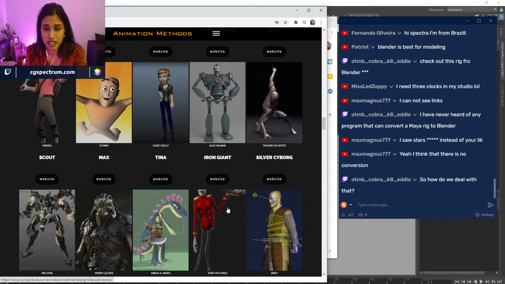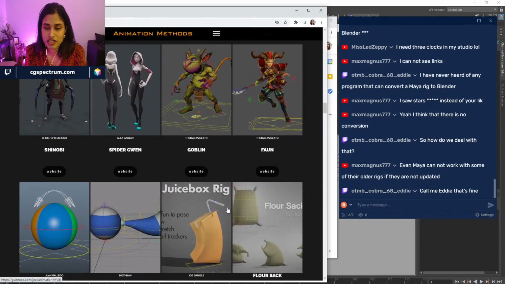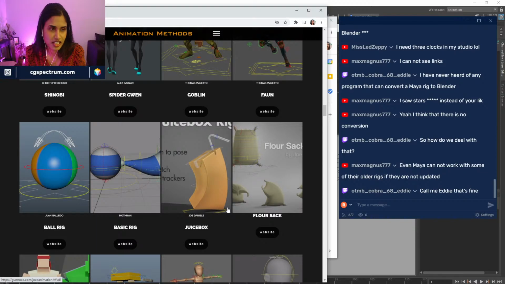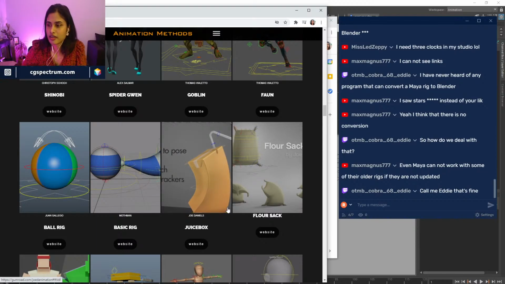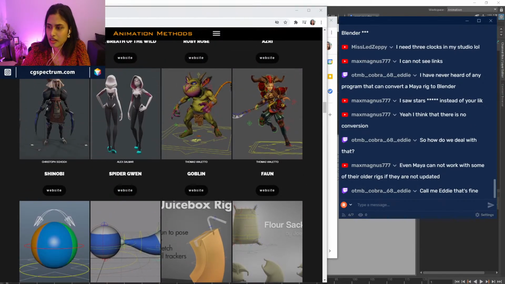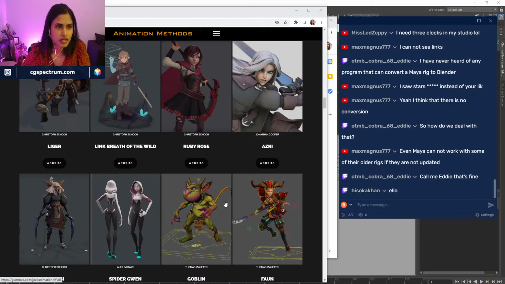But in industry, we still use Maya. I guess we just have to stick around and wait till they make some Blender rigs. This is a fairly new software.